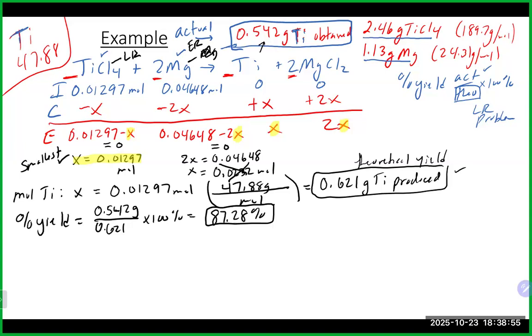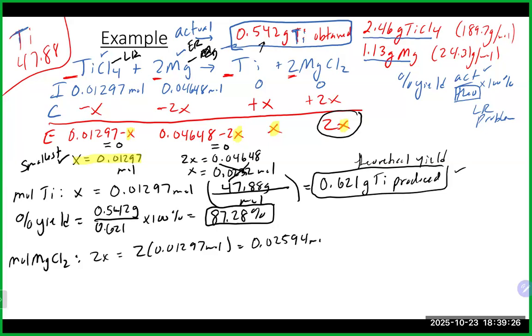Now, like I said before, it wasn't asked in this problem, but if we were also interested in how much of the magnesium chloride, we could get to that pretty quickly. We could see that the magnesium chloride is 2 times X. So we would take 2 times our 0.01297, and that would get us, for our other product, 0.02594 moles of magnesium chloride, which if we want grams,